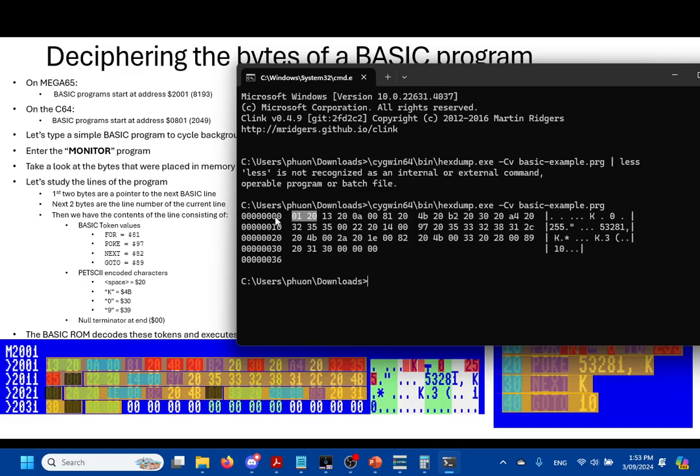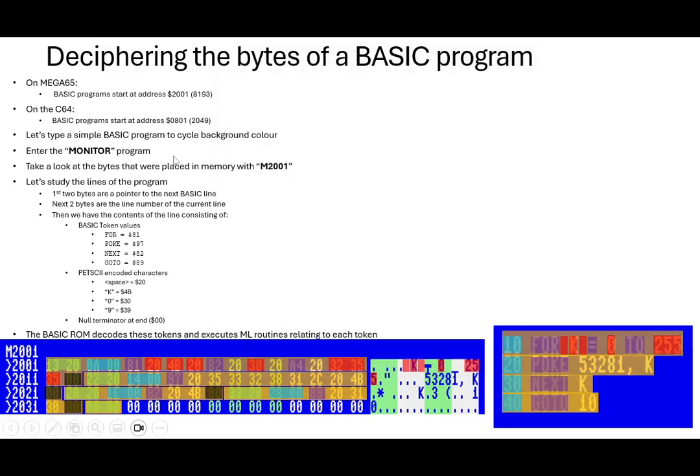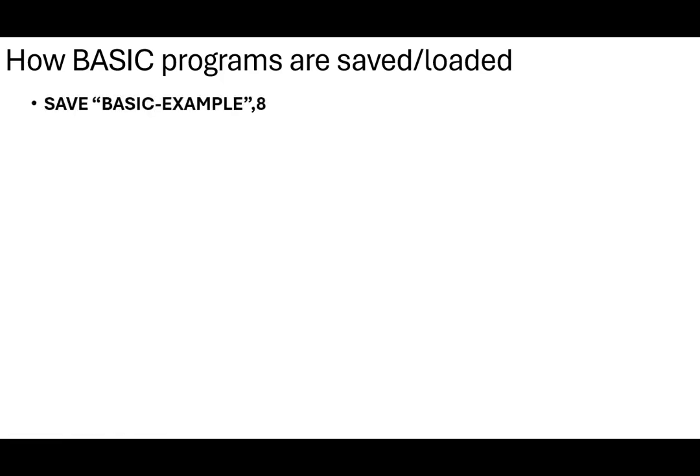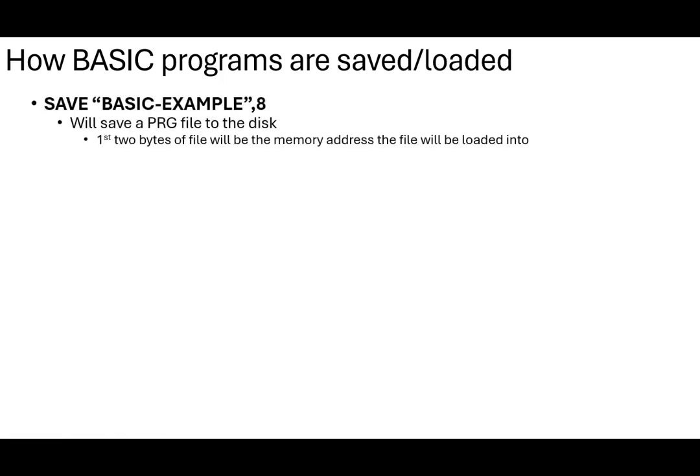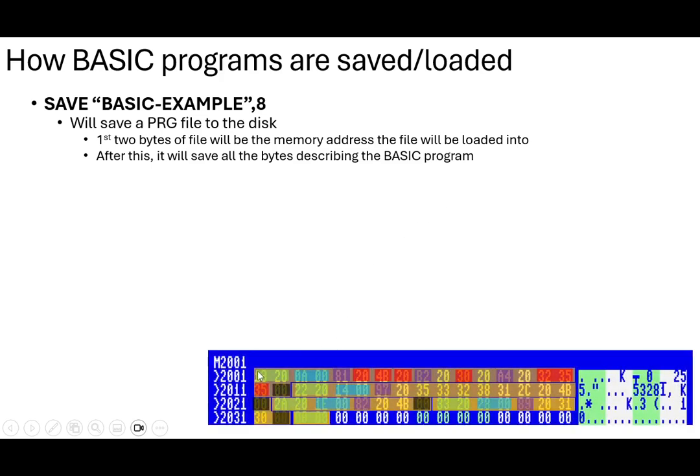Everything else matches up. But the only difference between what's in memory and what's on the file is those first 2 bytes, which are the address where, when we type load, it's going to look at those first 2 bytes and say, oh, I need to load it into this location. That's the idea behind that. So we saw how the program was saved, and we've had a look inside that PRG file. The first 2 bytes will be the memory address that the file will be loaded into later on when we load it. So after this, it'll save all the bytes that describe that basic program. We saw that. The only difference is it's got that 2001 at the front,